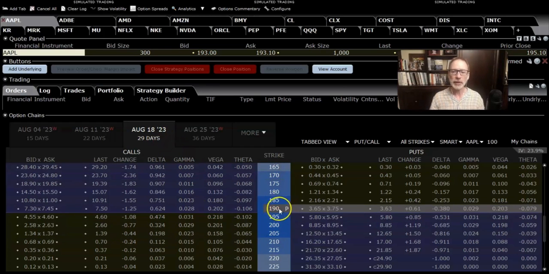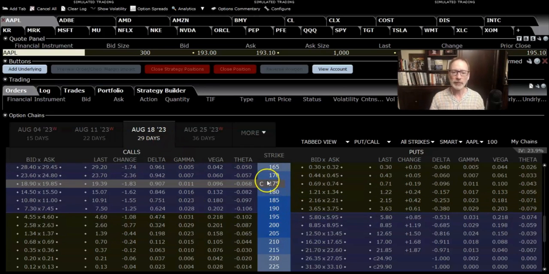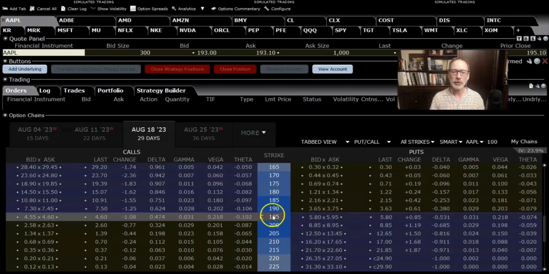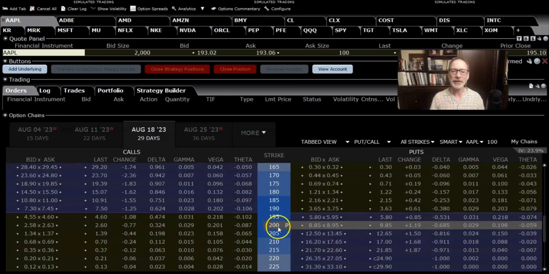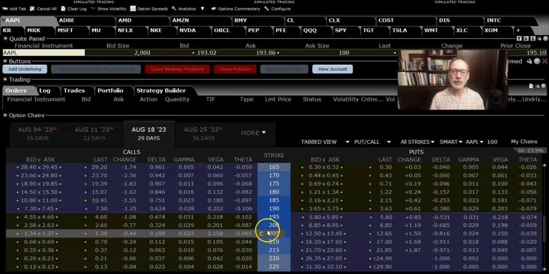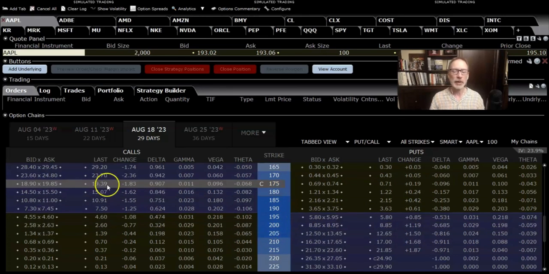And we're going to look at an in the money call option, which is the 175 strike. We're going to look at an at the money, which is the 195 strike, and an out of the money, which is the 205 strike call options. Now, what you want to do is you always want to look at the bid-ask column to see how much those options are worth,